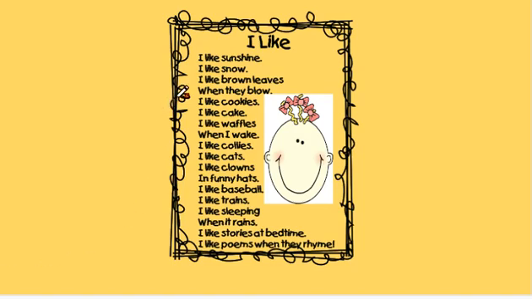Now, you notice the author has a group of 4 sentences that work together, and this is called a stanza. He has 3 lines that describes what he likes, and then the 4th line rhymes with the second. You go to the next 4 lines, and the first 3 tell what he likes, and then the second and the 4th lines rhyme. And the same for the 3rd stanza and the 4th stanza. So this is another way that you can use rhythm and rhyme in your poetry.